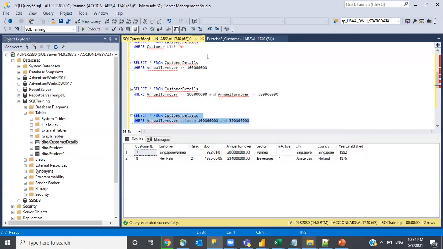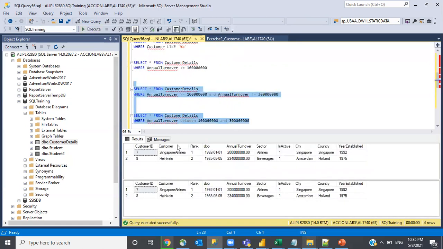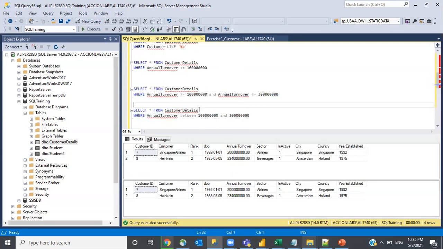So now when I click on execute, just observe we are getting the same records as we have seen above. If you want to execute it together and see, just select both the commands. Now you see the same records have been displayed. It means you can either use the between operator or you can use the greater than or equal to and then less than or equal to symbol. So this is how you can use the between operator as well.